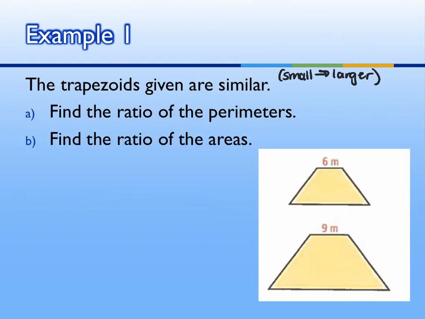I'll look back at the homework. I think it says which ones to do. Sometimes it'll say left to right. Sometimes it'll say small to large, bottom top, whatever it is. Just pay attention to those directions. So this one says find the ratio of the perimeters. So if the scale factor